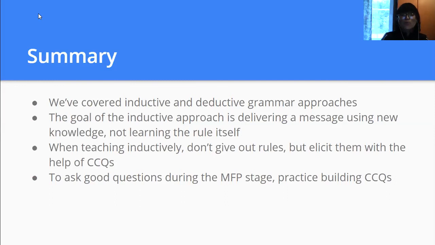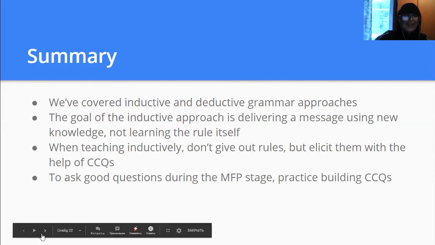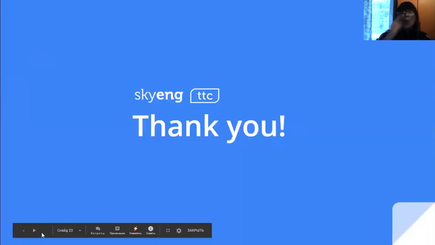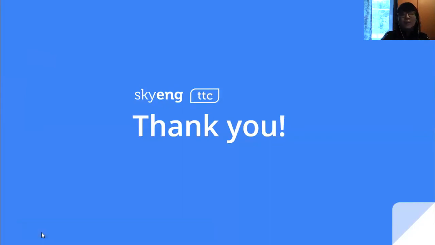And of course, practice building CCQs for the sake of asking good questions during the MFP stage. I do hope that you've got the main idea about the inductive grammar approach, and I hope to see you next time